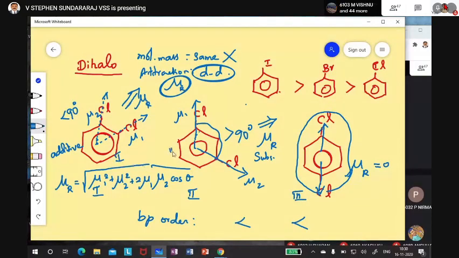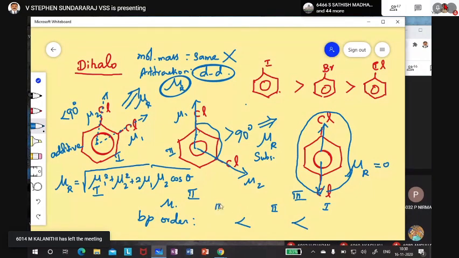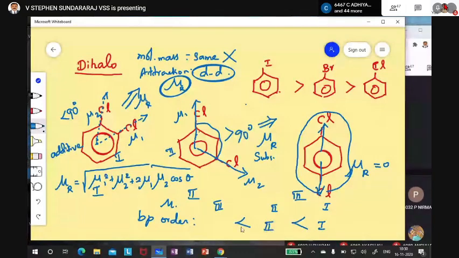The second one has less mu. So that mu order, I am saying, the highest is the first one, the second one has less, and the third one is least, and that is the sequence for the boiling point also, because mu represents the attraction. So in the case of the first, it will be a stronger attraction. So write down this point: the boiling point of ortho dihalobenzene will be the strongest, the highest, and next will be meta, and para will be the least. Okay, so this is a special example. Just note that down.